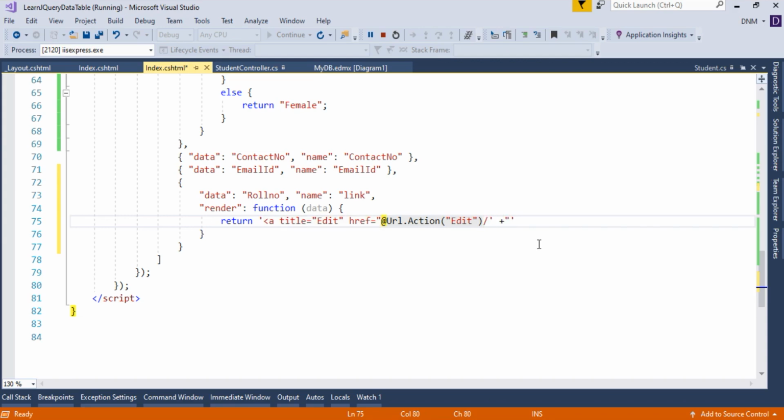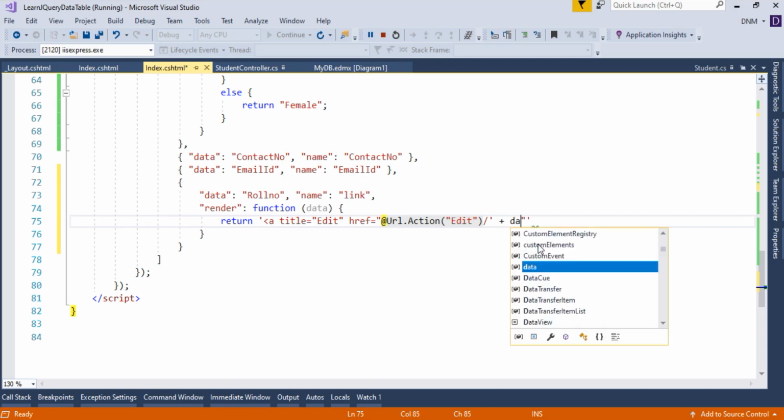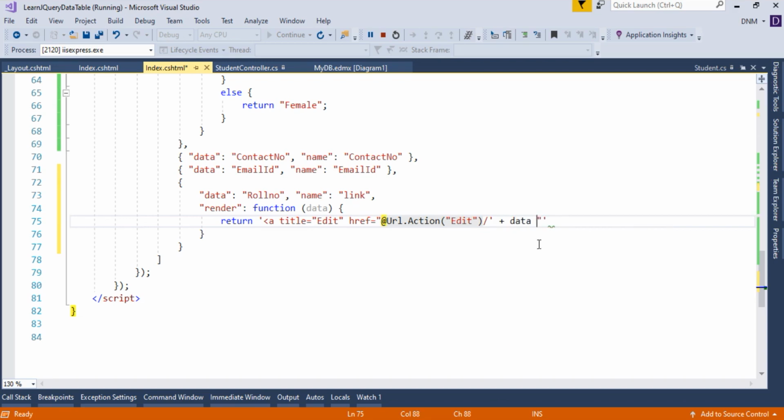This will enclose here, single quote enclose here, then plus sign. Then after I have to specify the data. Then again plus sign, single quote gets start here. Then this double quote gets terminated. Then the opening anchor tag gets closed here. Then I have to specify the edit text and then closing anchor tag, right?